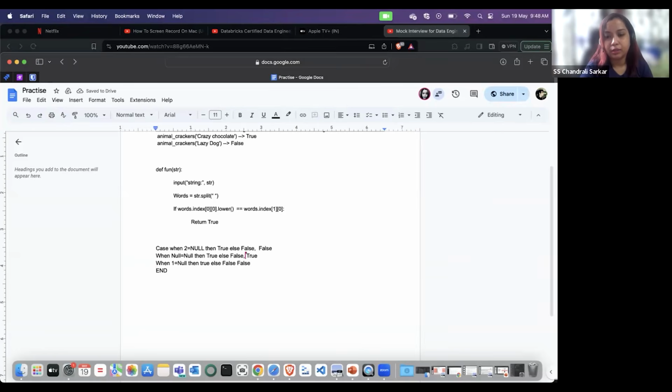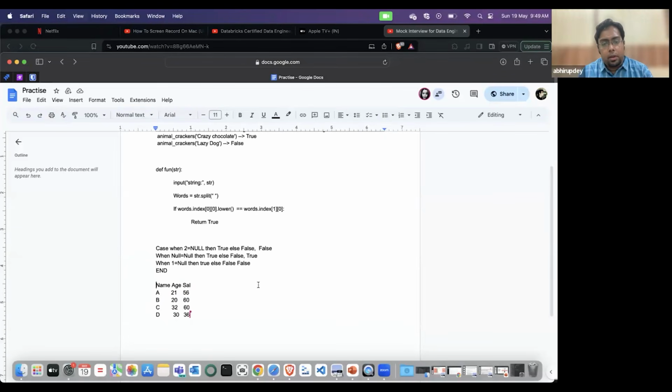Let's say I'll just give you a data set, with name, age, salary, and so on. So explain rank, dense rank, and row number. How will it work?